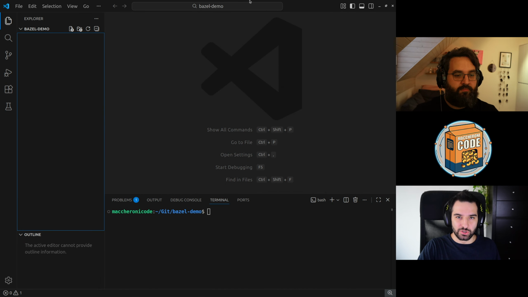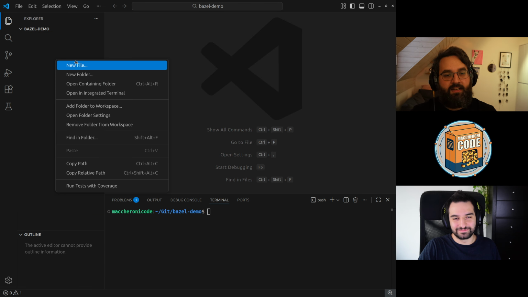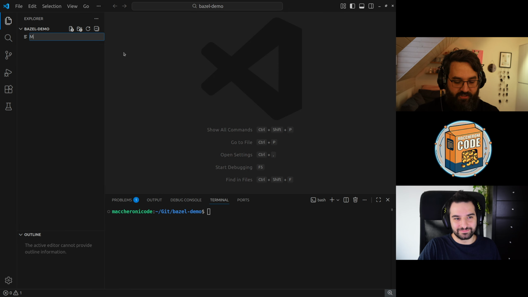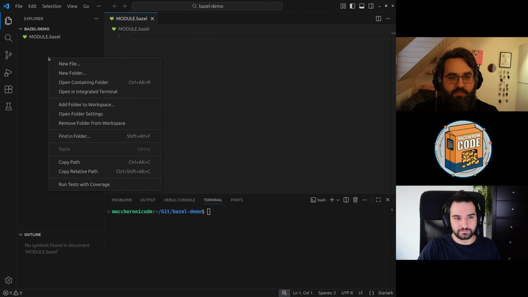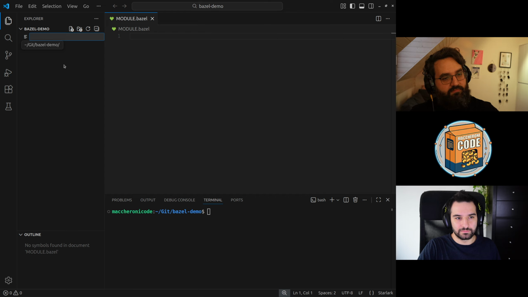Yeah, show me something. Okay, so every Bazel project starts with the same file, which is module.bazel. For now, we leave it empty. This is where we are going to put some dependency later. Okay. Next file that we will always have is the build file.